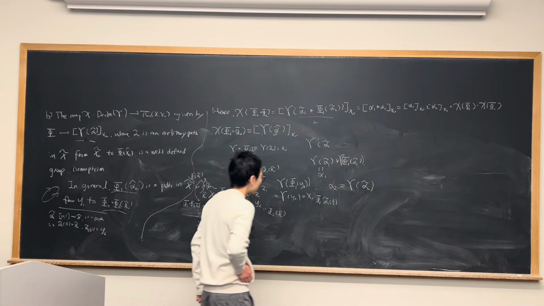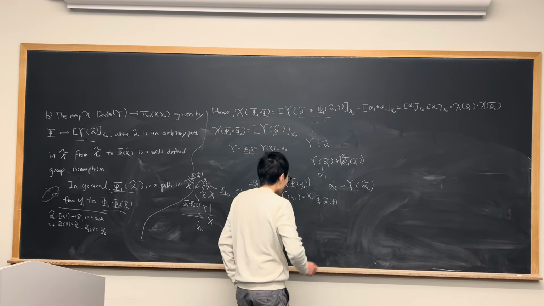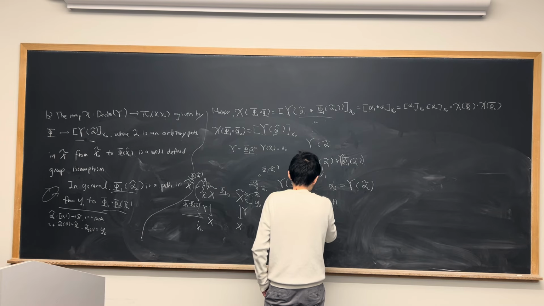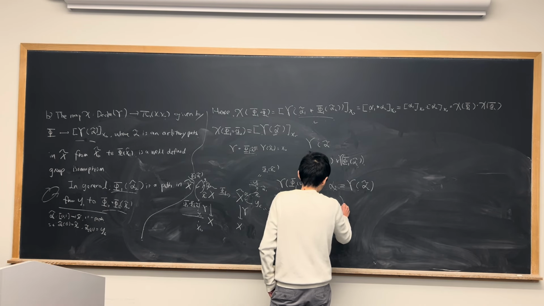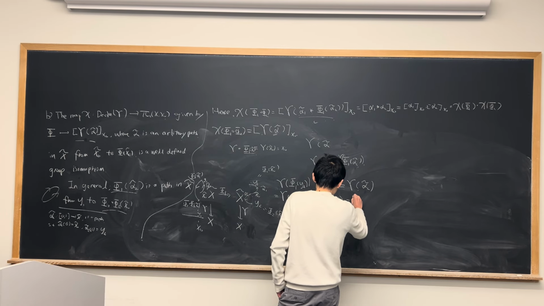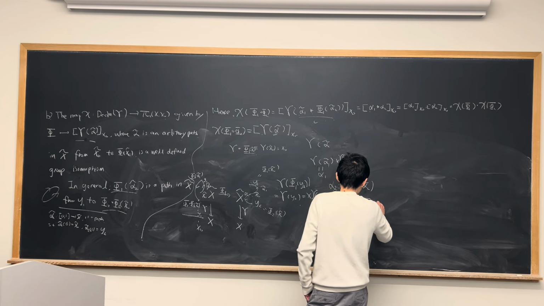So therefore we know that phi 1 is a deck transformation implies you have gamma of this guy